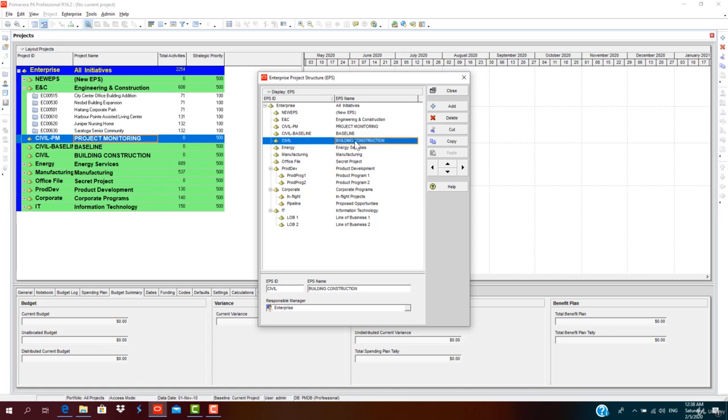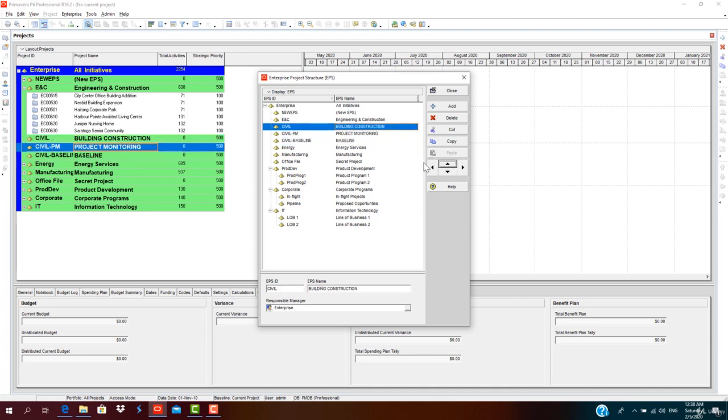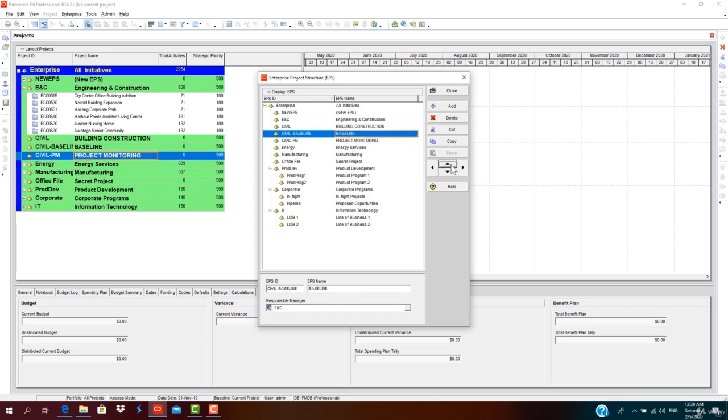So now I'll make this the main EPS. I'll shift baseline as secondary. First we create a project in baseline. Then once baseline is approved, we move the same copy into the project monitoring to monitor the project progress for a period of time. So I'll indent it under building and construction. Same here, I'll indent the PM project monitoring, then move this out because this is the first thing we are